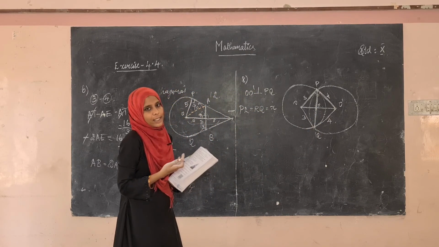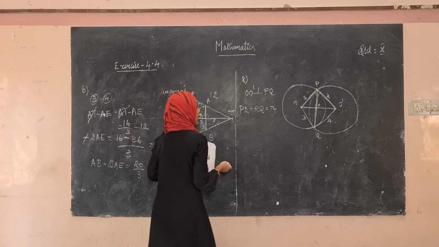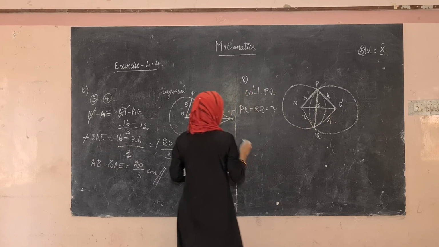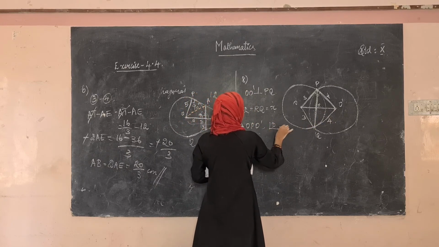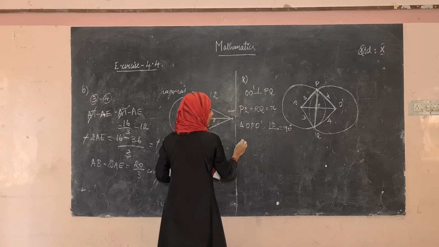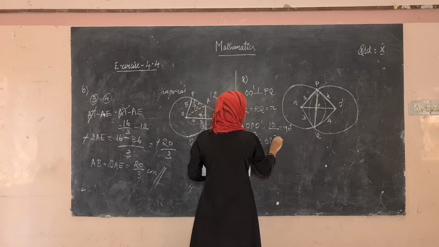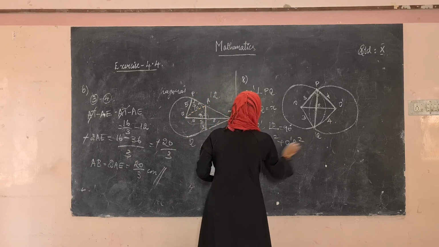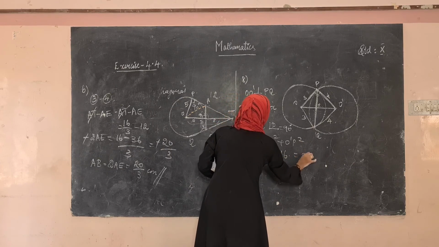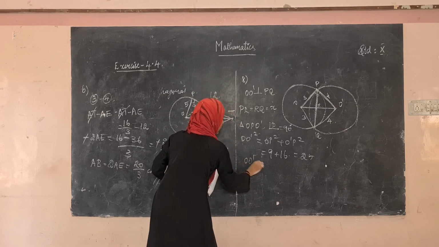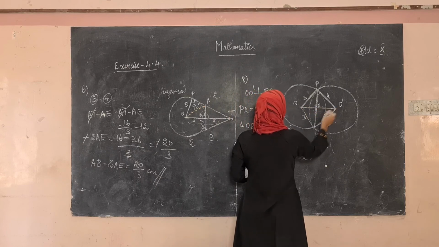So if we find X, then what's the value of PQ? PQ is equal to 2X. And then we have to find the value of O dash. In triangle OPO dash, it is right angled at P, which is 90 degrees. Therefore, by Pythagoras theorem, O dash square is equal to OP square plus O dash P square, which is equal to 3 square is 9 plus 4 square is 16, which is equal to 25. Therefore, taking square root on both sides, O dash is equal to 5. So this whole length is 5.